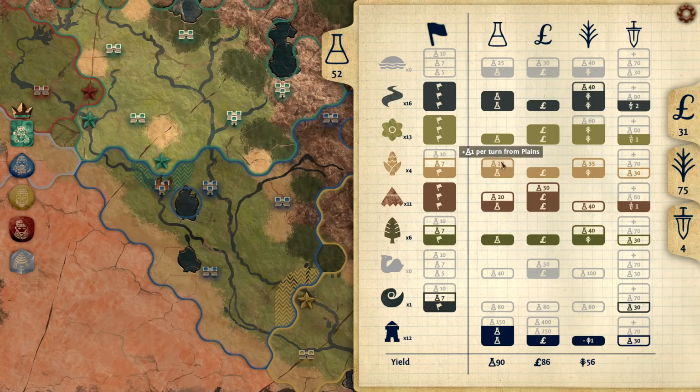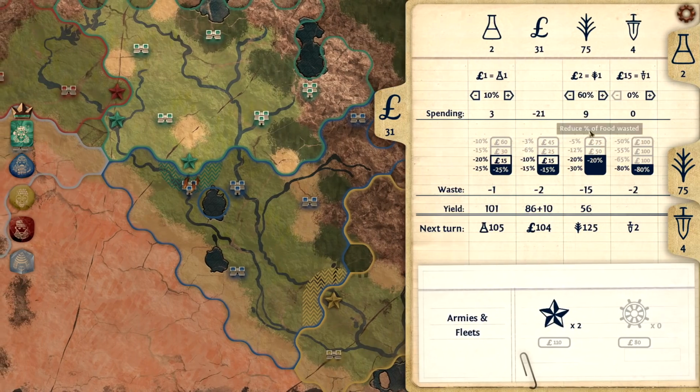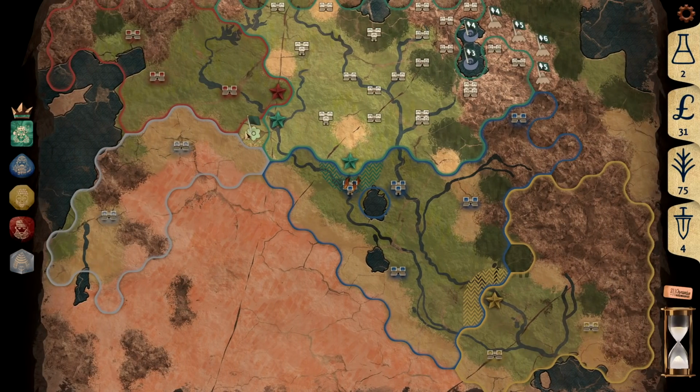I will take a bit more science, some cheap... Ooh, that's good. Cheap science there. And... city power? Sure. Sure. 30 bucks isn't going to get me anywhere. 35 food. Let's claim that again. And...